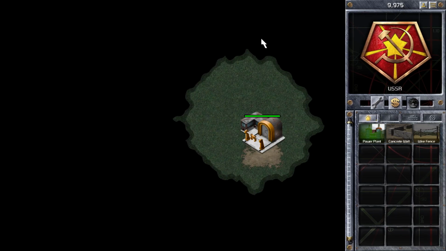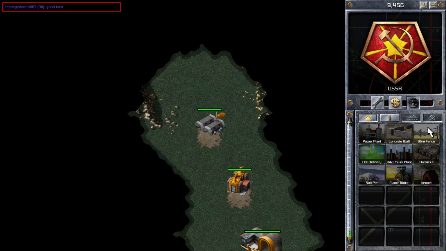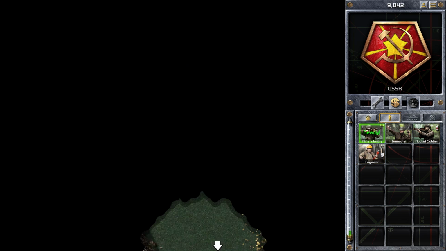In this game, I'm playing a free-for-all match on the map Blue Lakes. I'm starting in the middle right position, playing as the Soviets. Now this position is probably quite good from a defensive point of view. The only disadvantage is you're going to have to expand, and we are going to start quite close to the